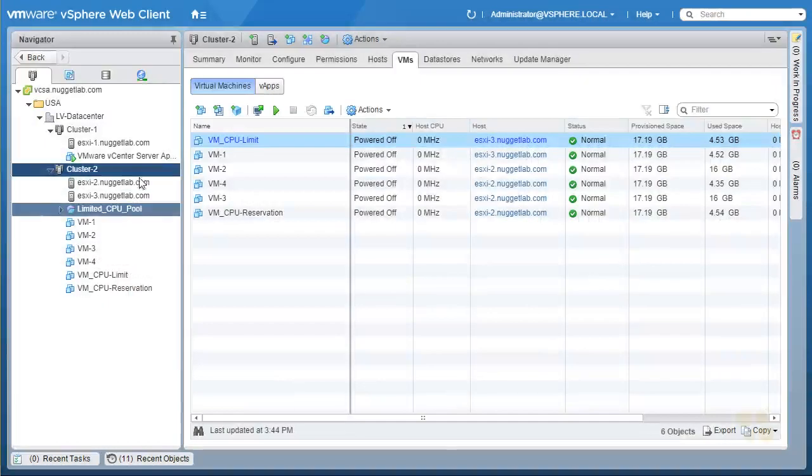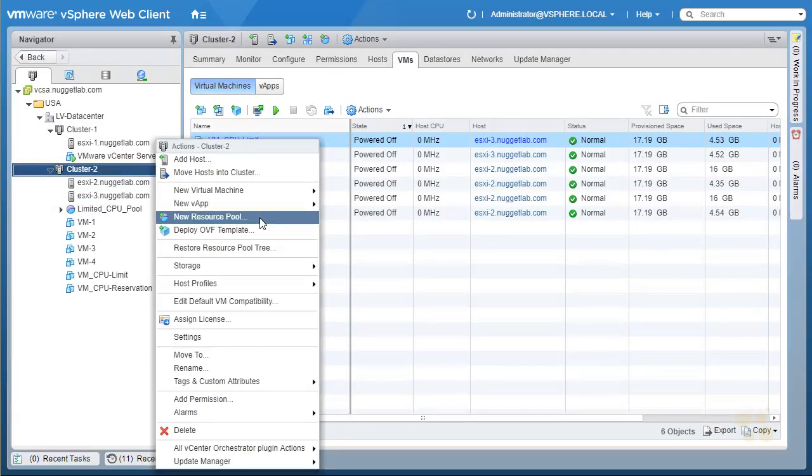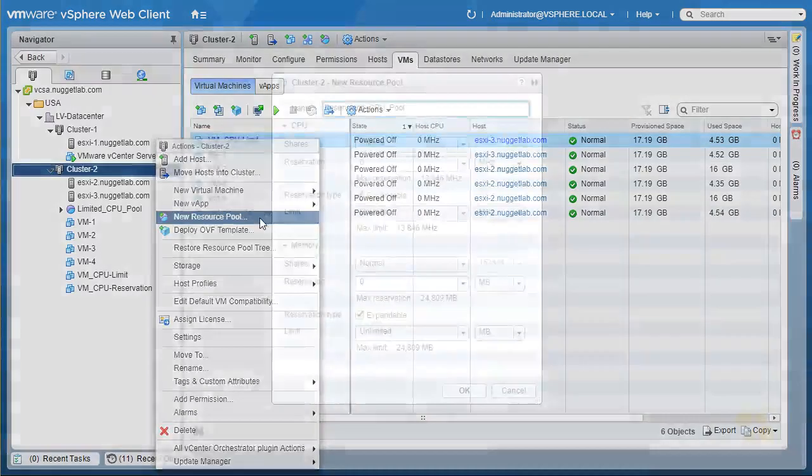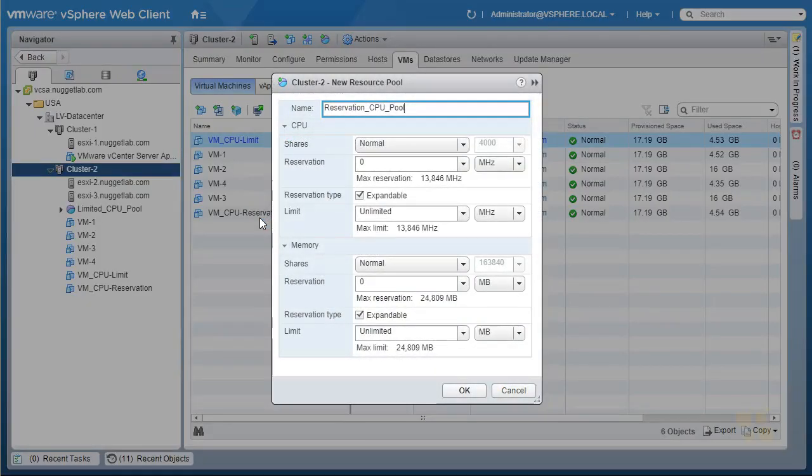So here's our resource pool. Let's create one more in the cluster. We'll right click on Cluster 2. We'll click on New Resource Pool. We'll name this Reservation CPU Pool, and then we'll give it a reservation. And the reservation we're going to give this guy is 4 gigahertz. So we'll use the drop down, select gigahertz, and regarding this reservation, by default, the check right here for expandable